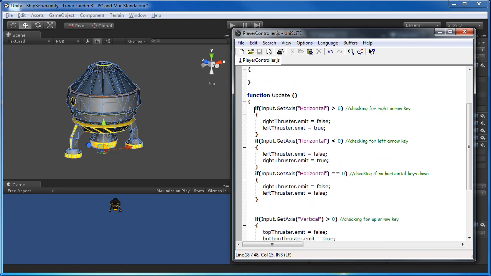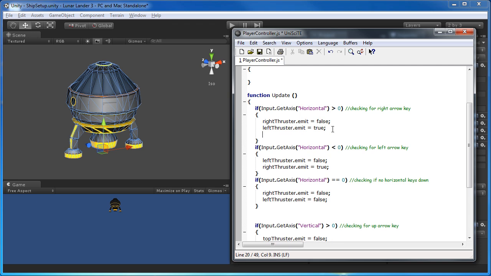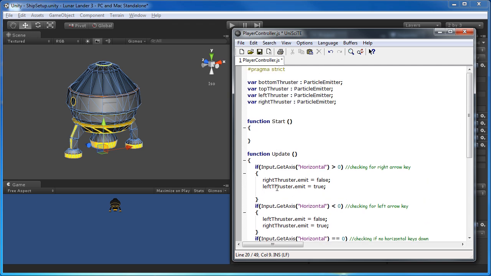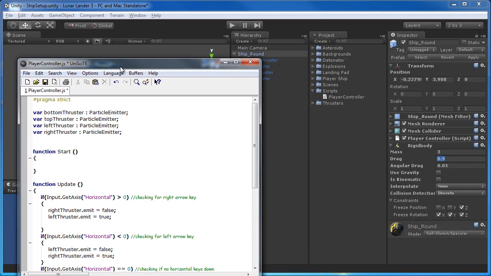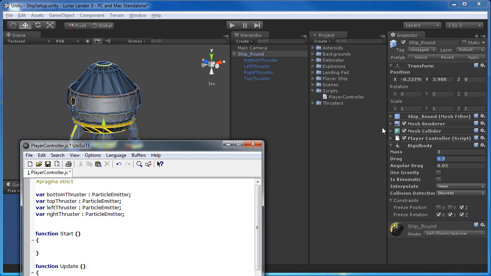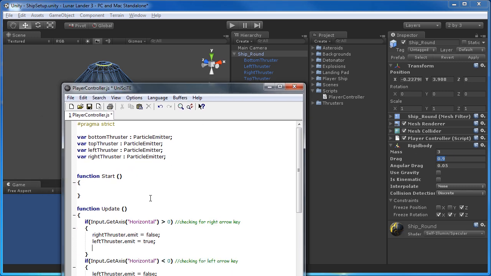So when we are getting the right arrow key down, we want to move the ship to the right. So of course we're showing the left thruster, and now we just want to apply some forces. And we'll do that again, just like we access the thrusters. We can do the same, except since this is a component directly attached to the ship, which the script is on, we can simply access it directly by saying rigidbody dot do this or do that or whatnot, since it's a component right on there. So we'll just go in script here, rigidbody dot add force,